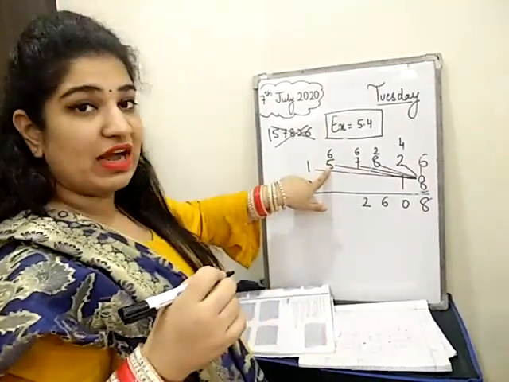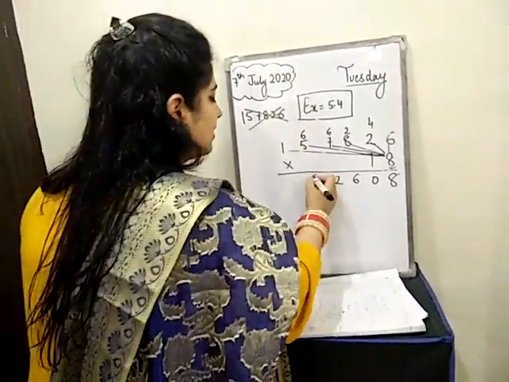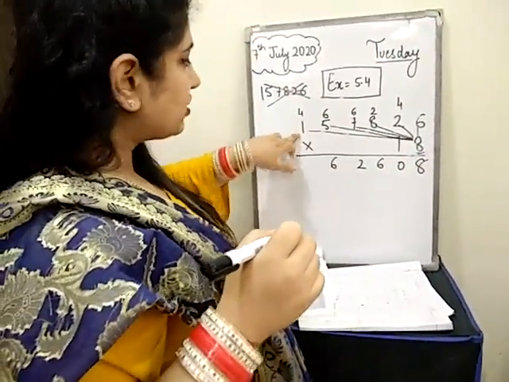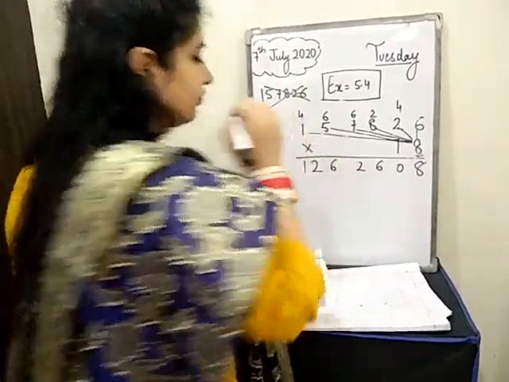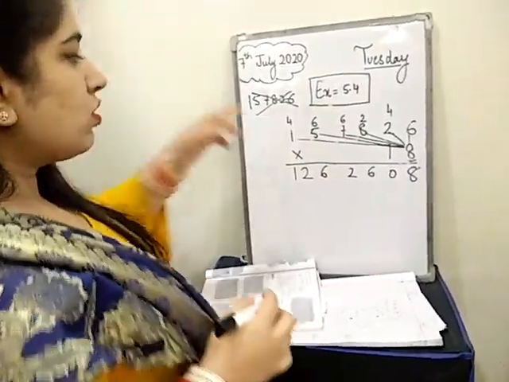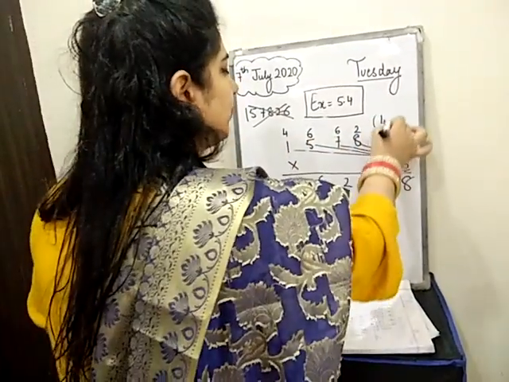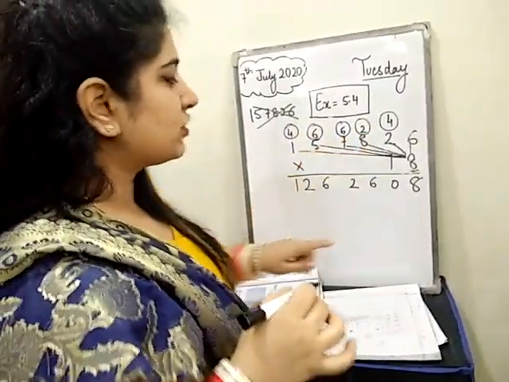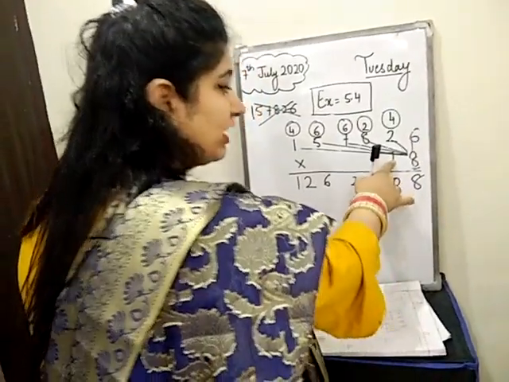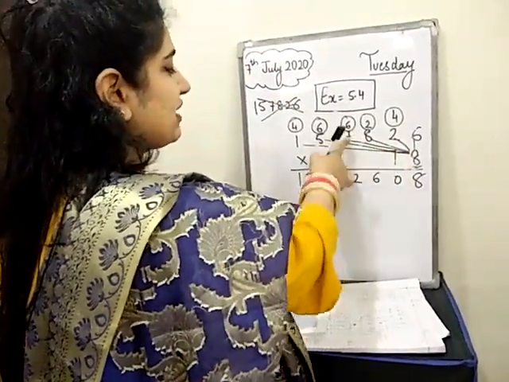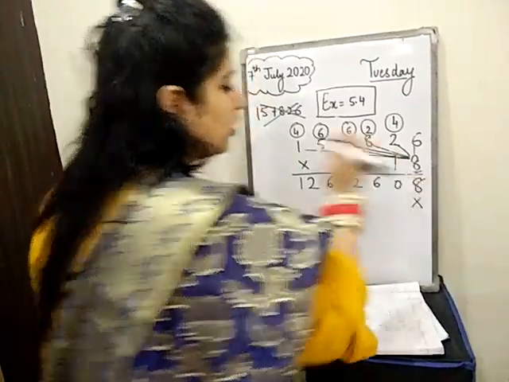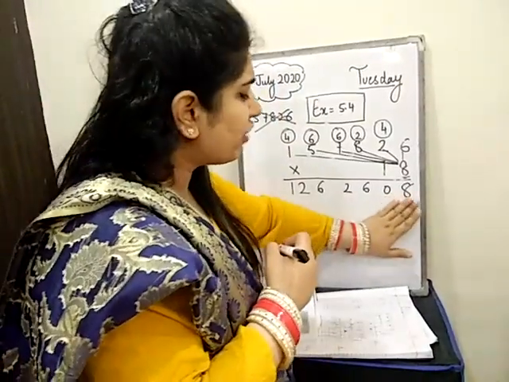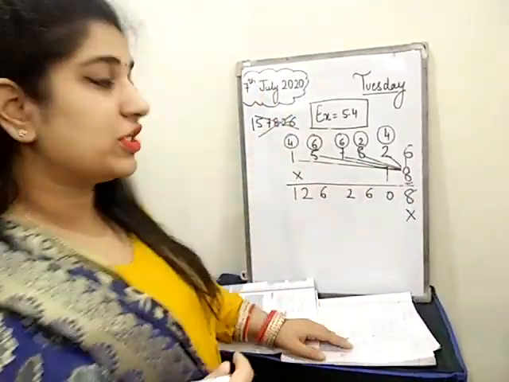Next you will multiply 8 with 5, that is 40, plus 6, so 46, carry 4. Now you will multiply 8 with 1, that is 8, and carry 4, it will be 12. Clear till here? Now these carry numbers, put them in a circle. These all were carry, just put a circle on it. Now before multiplying 7 with 6, 2, 8, 7, 5 and 1, put a cross sign here. Here also you can write 0, but instead of writing 0, I prefer putting a cross.